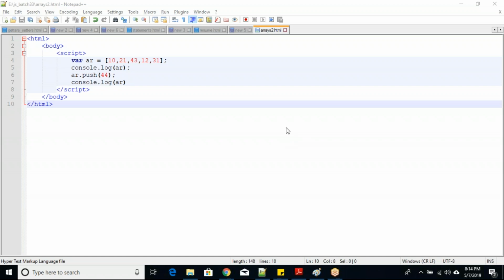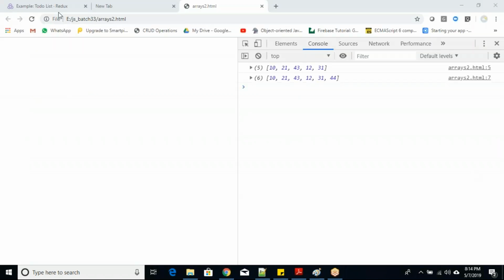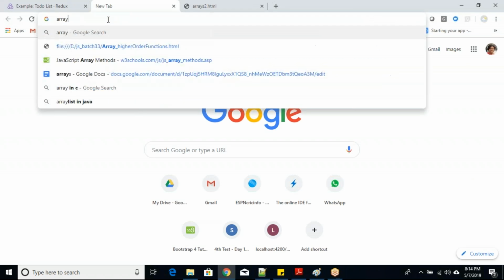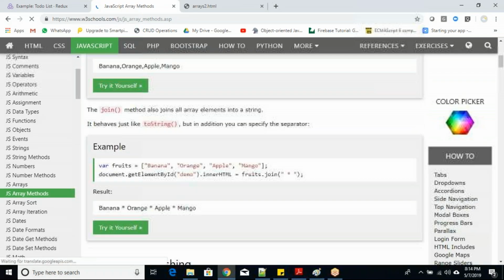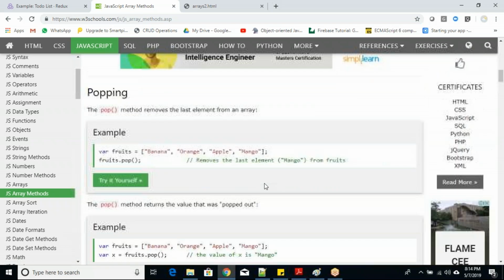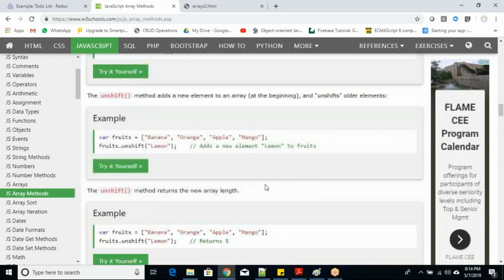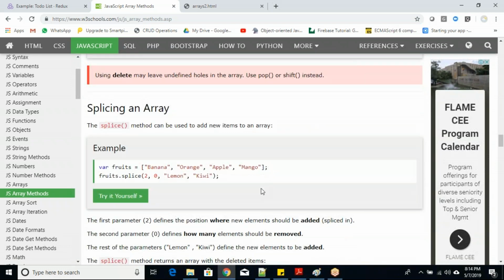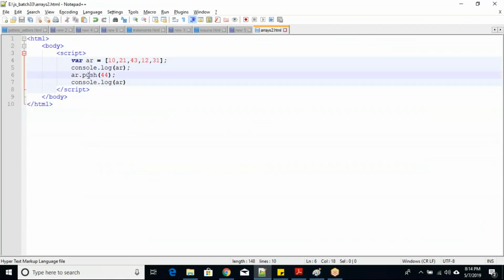Ar dot push. So like this you have so many functions. There are so many functions like push, pop, shift, unshift. Okay, so whatever functions you can check, please check them out and use them. I will cover most of the use cases. Push is one of the most important